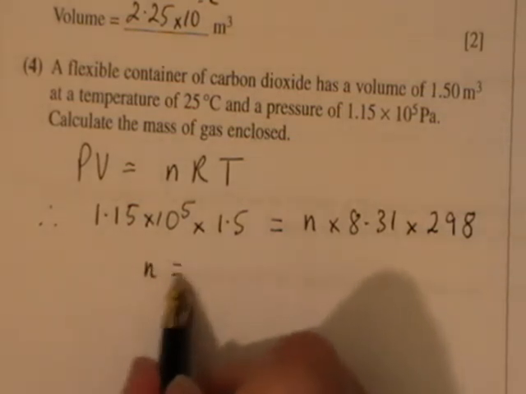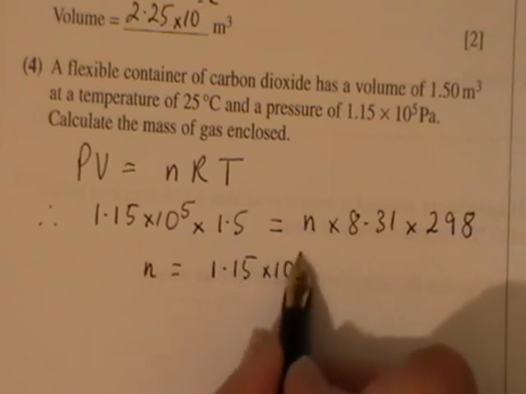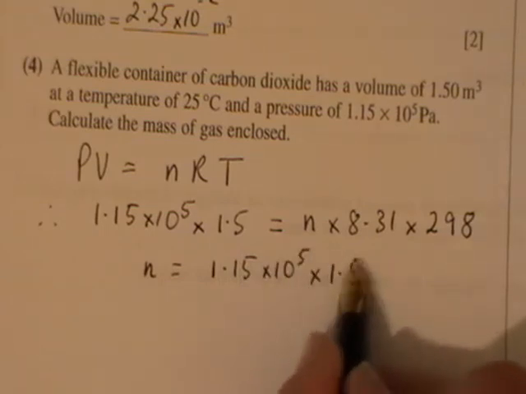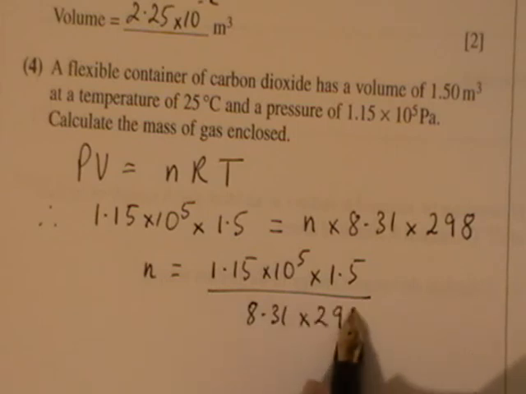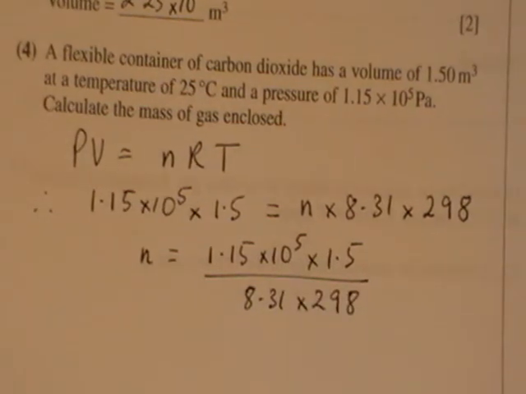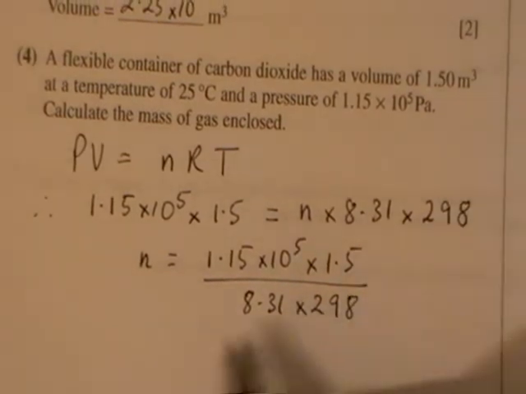So that means that n is equal to 1.15 times 10 to the power of 5 times 1.5 divided by 8.31 times 298. So that gives us the number of moles that we've got, which is equal to 69.6